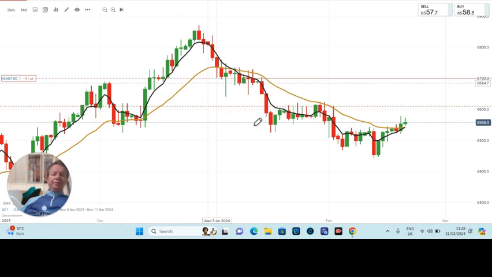So if the price, this is where we are at the moment, and if the price hits that, then this black line will have gone above the gold line. So my stop's in the right place,